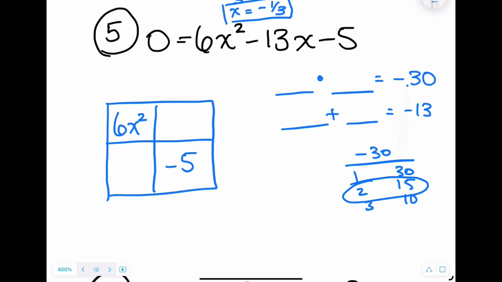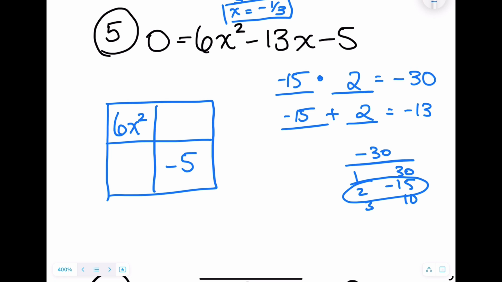And since the value we're adding to is negative, that means the larger of the two values has to be negative. So negative 15 plus 2 makes negative 13, and negative 15 times 2 gives us negative